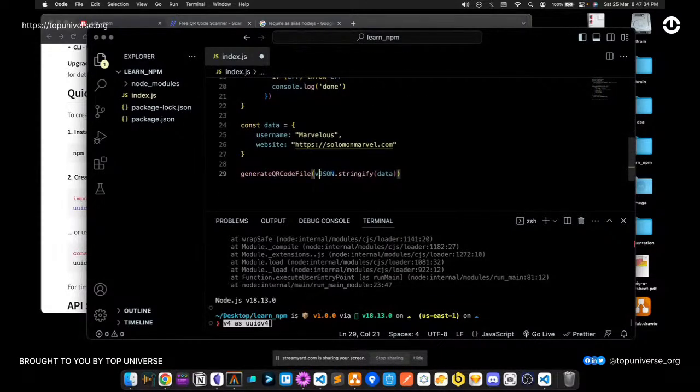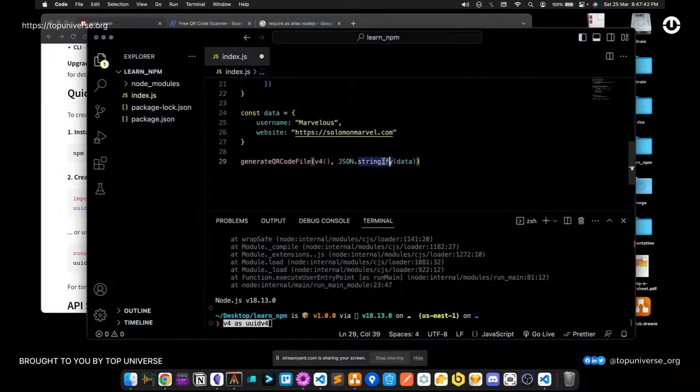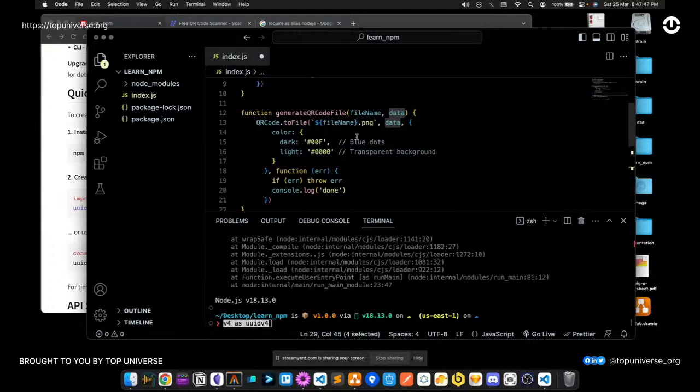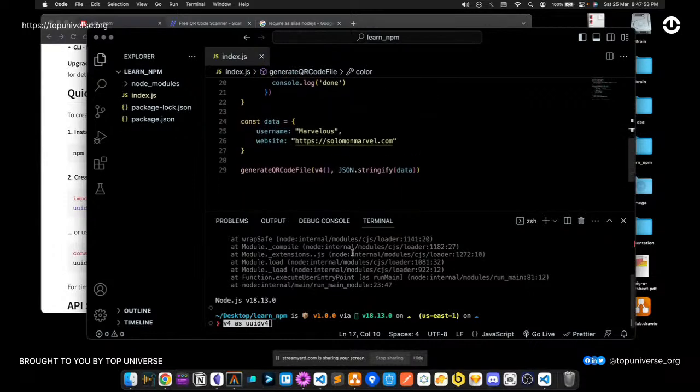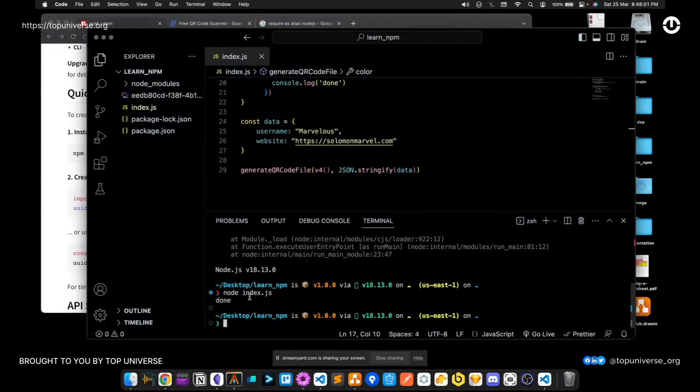Okay, so I'm basically going to call V4 with the comma, right? So we have the file name. This is going to be assumed as the file name. And of course, this is going to be the data, which is the stringified object. Our expectation is that it's going to save this right in the root because we're not putting that in any subdirectory. So if I go ahead to run this, which is the index.js file, it says done, and now